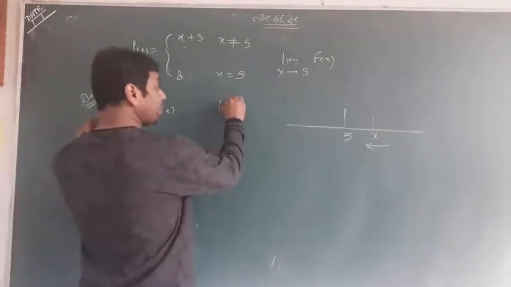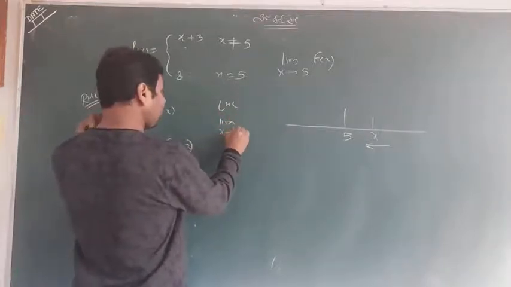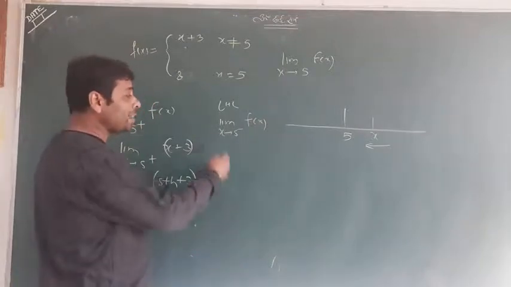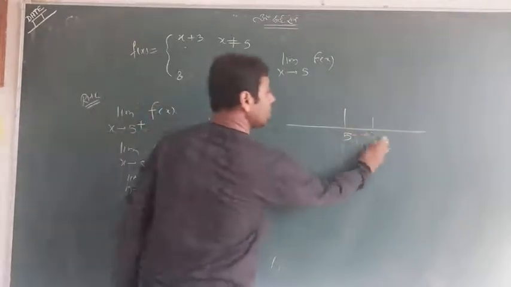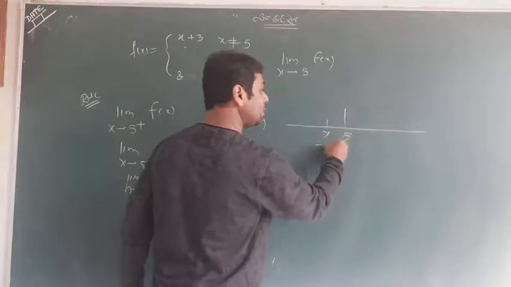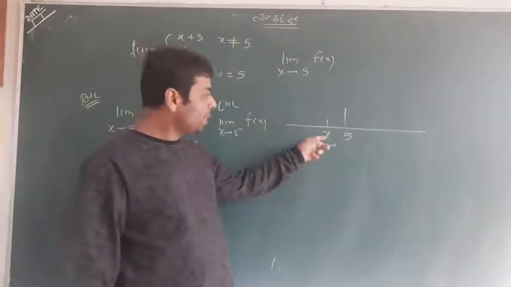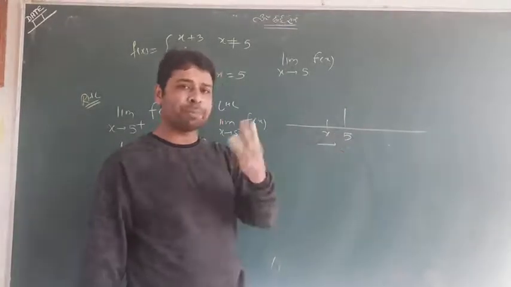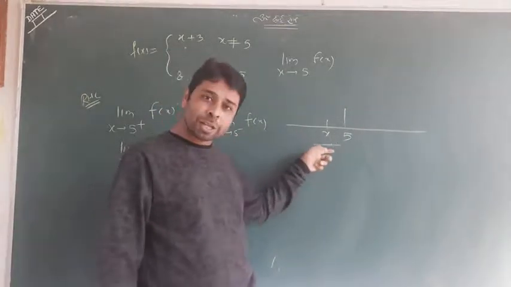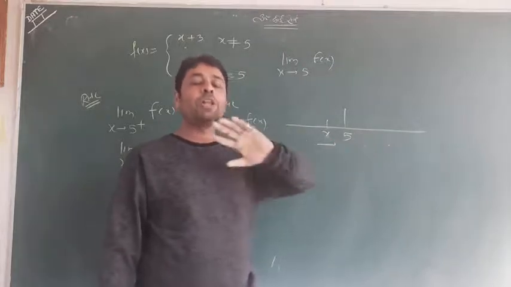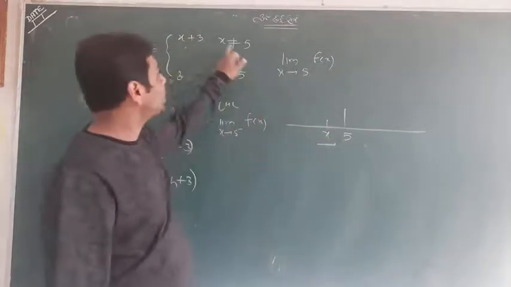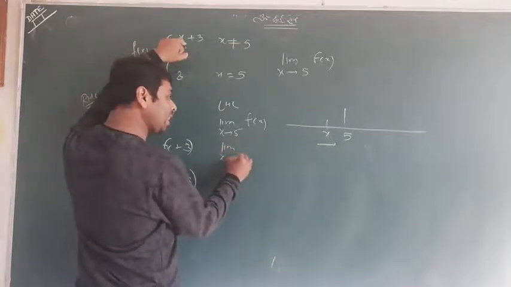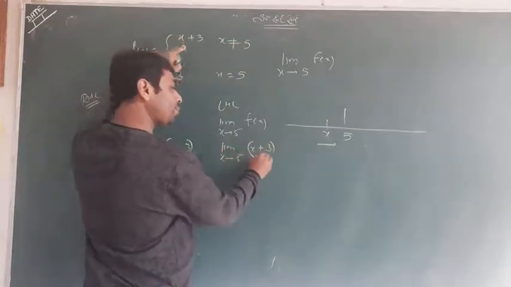When you go to the left hand limit now, limit x tends to 5 minus of the function. Again my question is, what is the function? So x is coming to 5 from the left direction. This time x is here, coming to the front from the left direction. Even though x is coming nearer and nearer to 5, ultimately x and 5 are not the same. So again the same function will be coming. In this case, the function is the same.